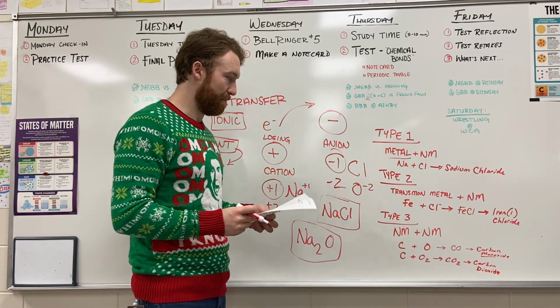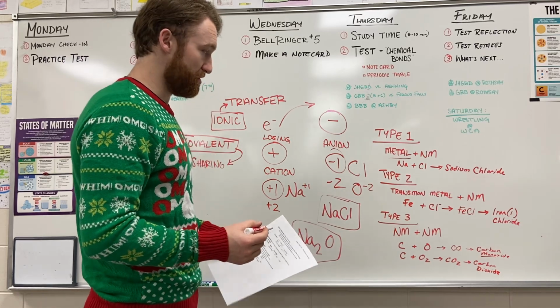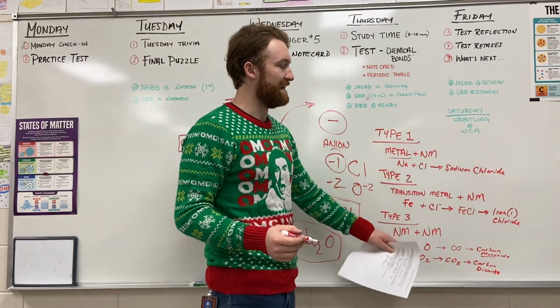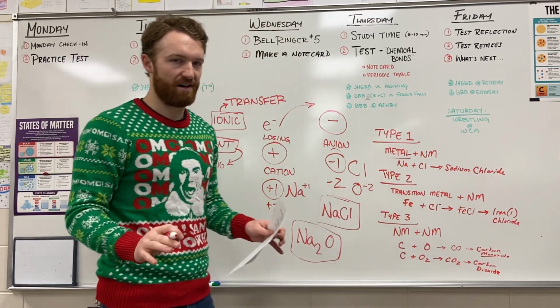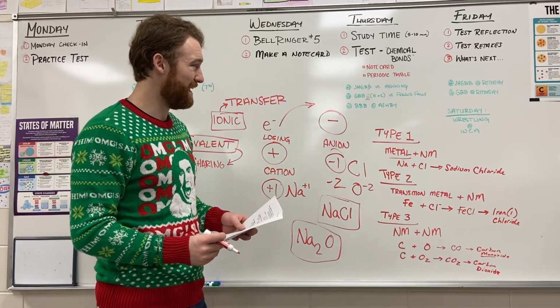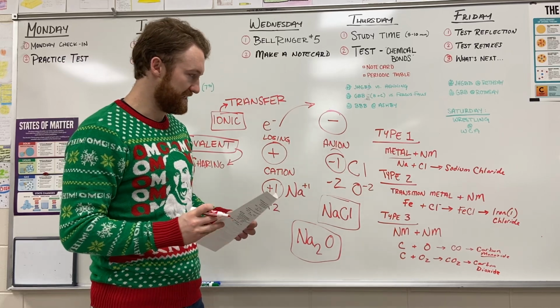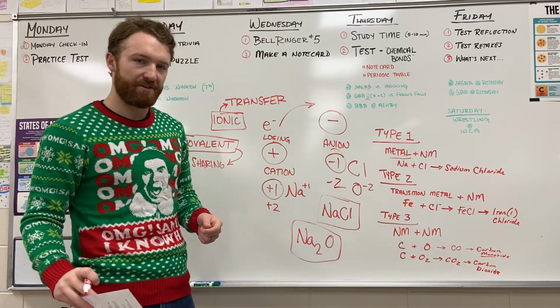One other thing that you might see on the test would be your polyatomic ions. So just remember, anytime you have a polyatomic ion, you leave the name as it is on that chart, and you'll have that chart on the test as well. But that should cover a majority of the things that you're going to see on the test. Please come to me if you have any other questions, but